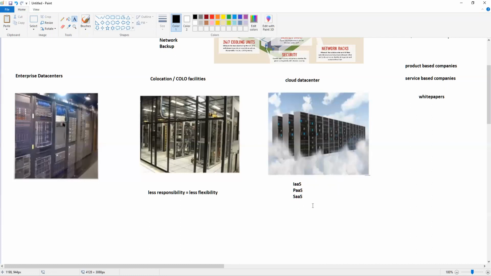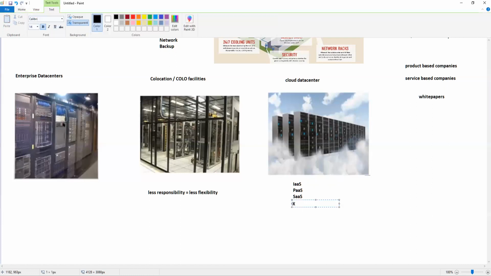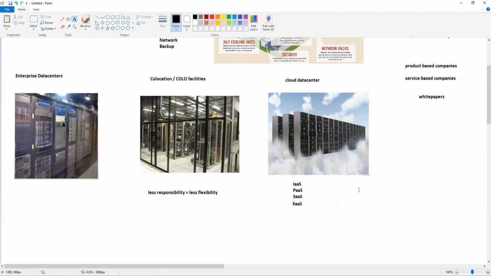And then you have everything as a service. These are the three, and other than that, you can have function as a service, database as a service, whatever as a service you can name it, right? There is one thing they call X as a placeholder, and you can just name your application as a service. If you have grown some homegrown application, you can provide that as a SaaS-based offering and call that a service. Everything else as a service, that's what X stands for.